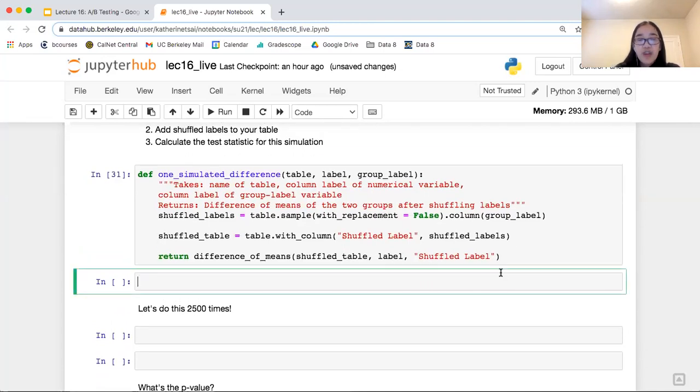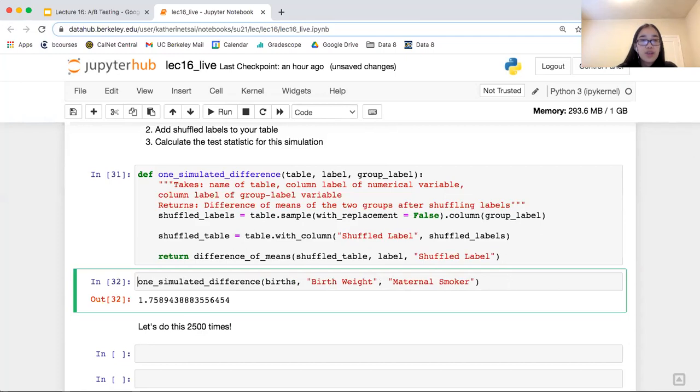Okay, so now we have our one simulated difference, which will simulate one trial for us and calculate a test statistic for us. So let's do that. One simulated difference, and we're going to be using the births table. Our label of numerical values is going to be birth weight, and then our label for the group is going to be maternal smoker.